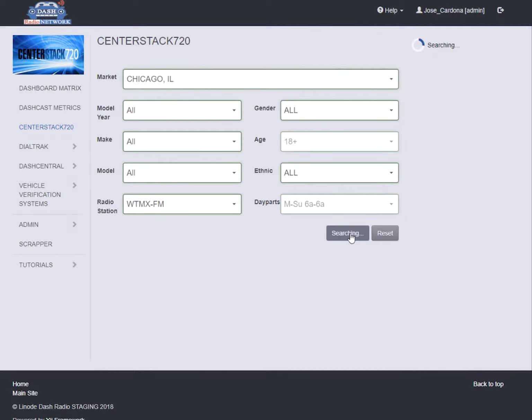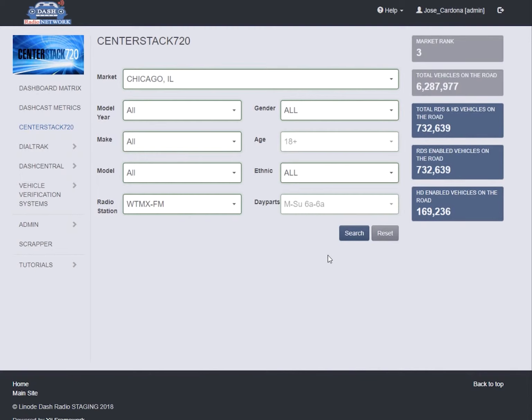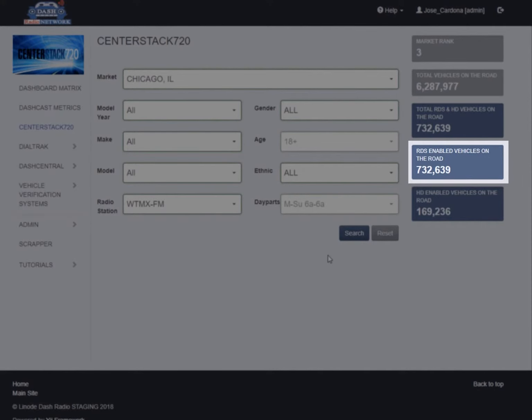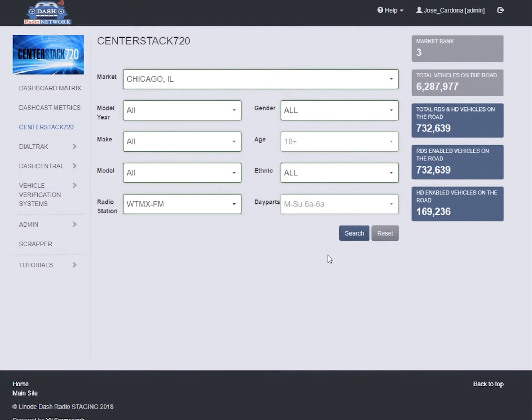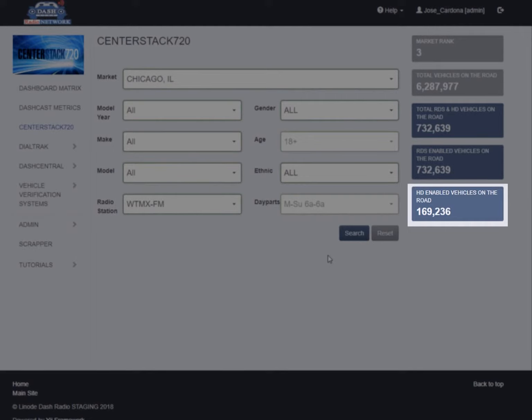Now click Search. Based on the targets selected, the results of this total vehicle and owner profile report show that in the Chicago market, the total number of RDS-enabled vehicles on the road is 732,639, and the total number of HD radio-enabled vehicles on the road is 169,236. The combined total number of RDS and HD radio-enabled vehicles on the road and tuned in to WTMX FM in Chicago that match your search query targets is